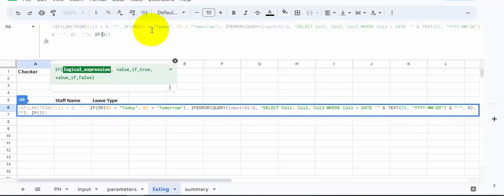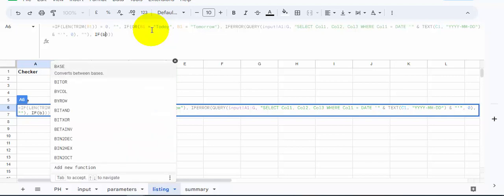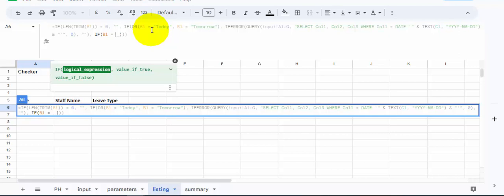If B1 equals to this month, and then we're going to copy this formula, and of course over here,